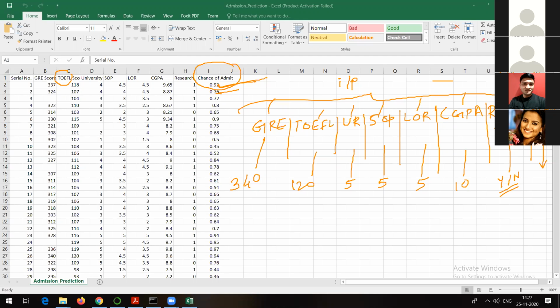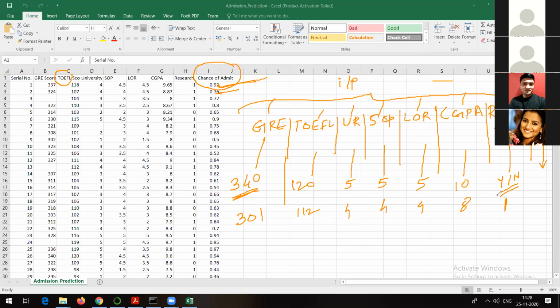And again, this is a continuous column, chance of admission. This is our target. So try to understand what we want to do is we want to train such a model. We want to come up with such a model where suppose if someone comes, so if someone has got out of 340, someone has got 301 marks in GRE. Out of 120, someone has got 112 marks in TOEFL. University rating is 4. Statement of purpose suppose 4. Letter of recommendation suppose 4. CGPA suppose 8. And he has done some research. Suppose what? So yes means 1 and no means 0.